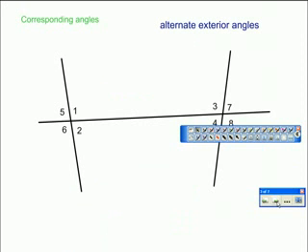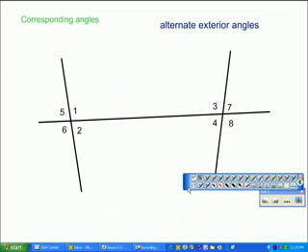There's other kinds of angles. Corresponding. If something corresponds to something else, that means they're in the exact same location in relation to both the two lines and the transversal. So I have four pairs of corresponding angles here. As I look at these,